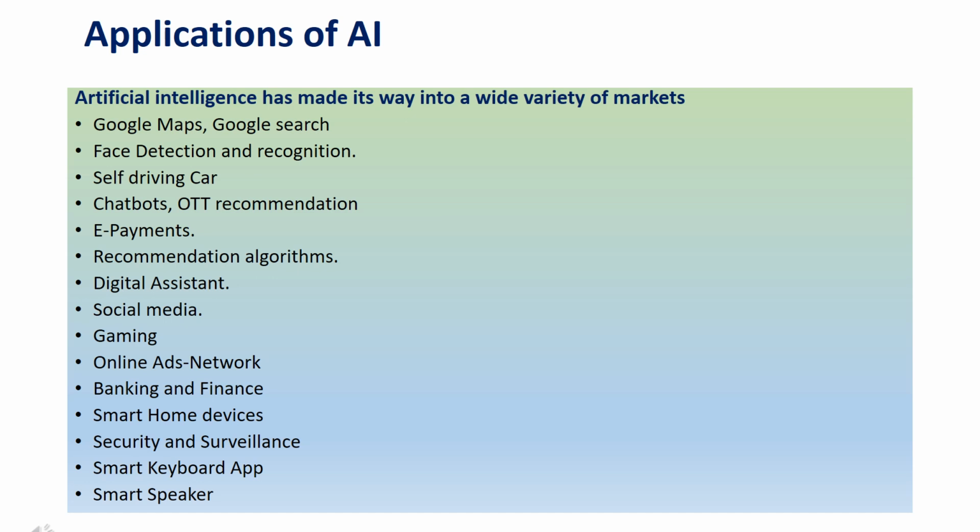स्मार्ट होम डिवाइसेस में हमारा बहुत सारी चीज़ है. रोबोटिक हमारा वैक्यूम क्लीनर्स है, रोबोटिक मशीन्स आ गए हैं, like vending machines भी हैं रोबोटिक. अब आजकल हमने देखा है कि बहुत सारे रेस्टोरेंट्स में रोबोटिक वेटर्स यूज़ कर रहे हैं. तो these are also working on the same platform, like AI applications are there. Then हमारा स्मार्ट कीबोर्ड ऐप हो गया, हमारा स्मार्ट स्पीकर हो गया. तो there were a lot of applications where artificial intelligence has been used.